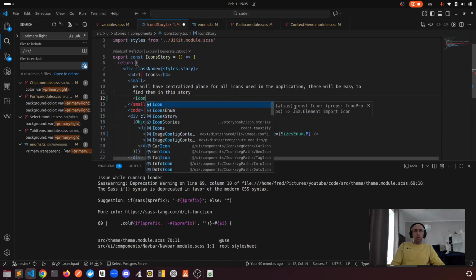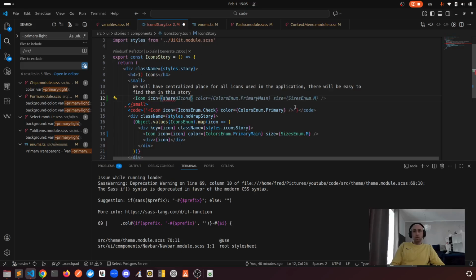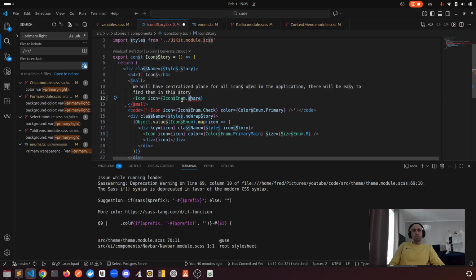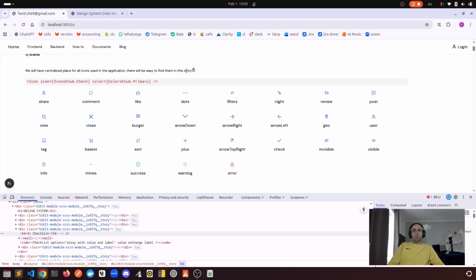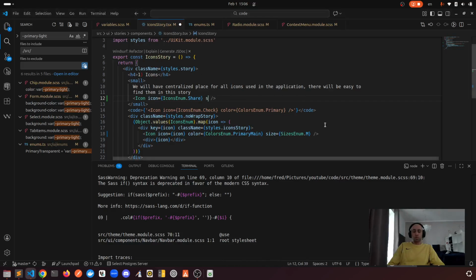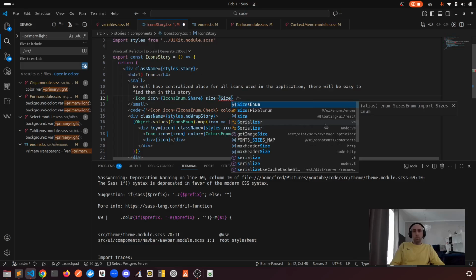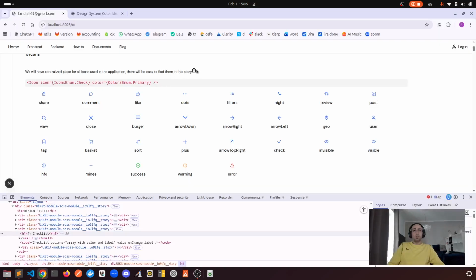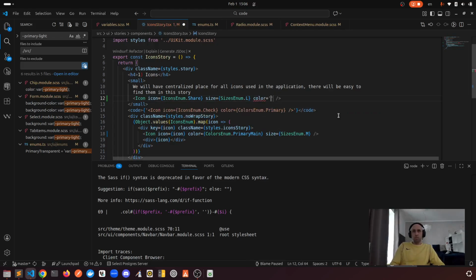I will say icon, and inside icon I'm gonna say icons enum. There is an enum in the project, in the UI kit, that you can have autocomplete and have all the functionality only with calling that, and also you can have a size. Let's say sizes enum. You can define all the sizes for yourself here. This is gonna be large and for the color also we have an enum again, and we're gonna say primary